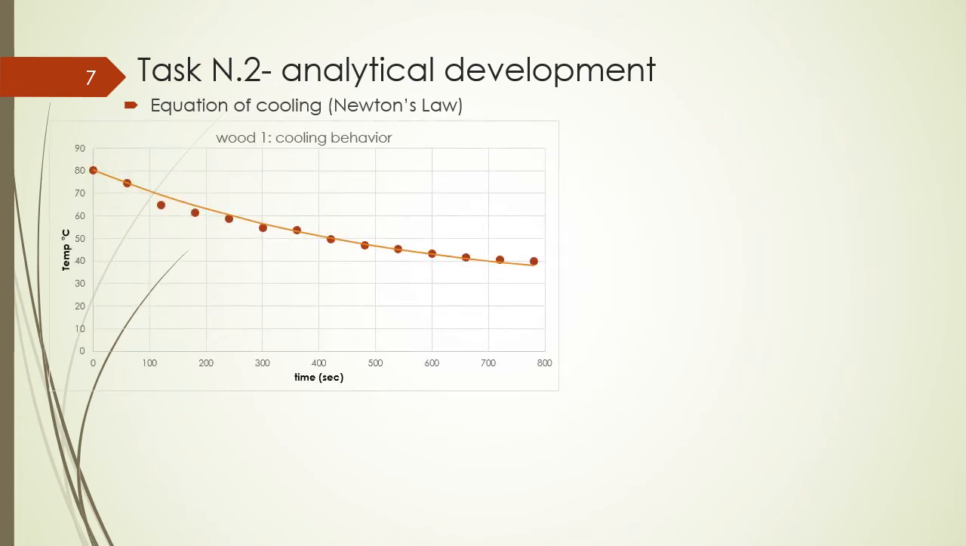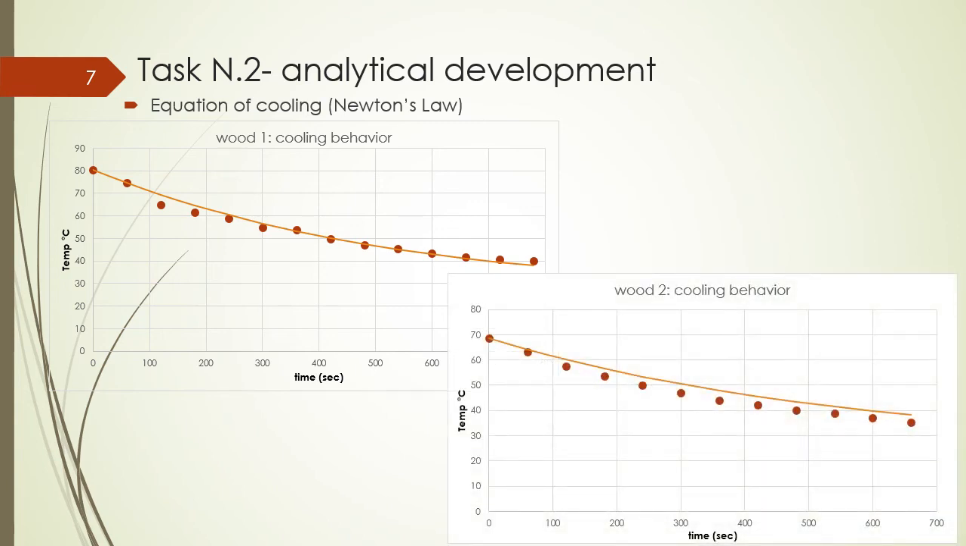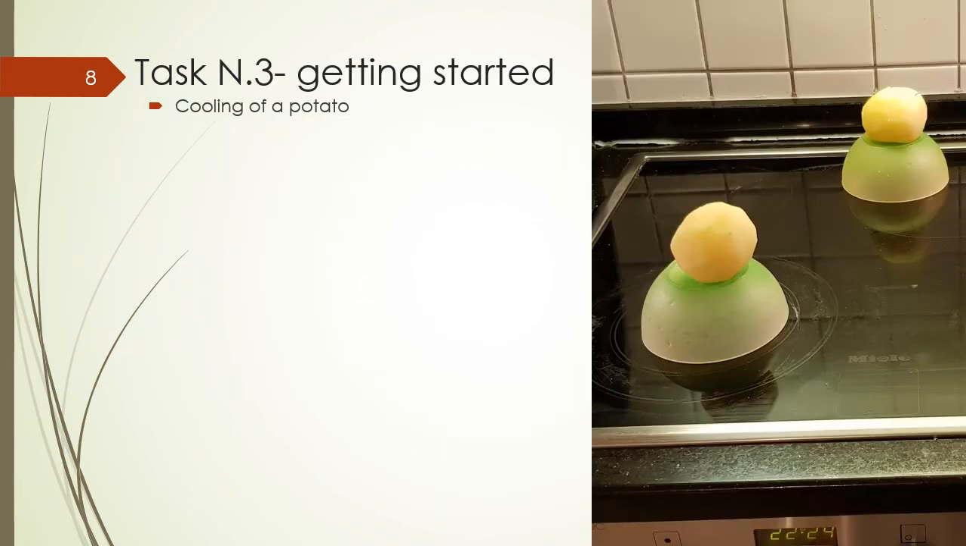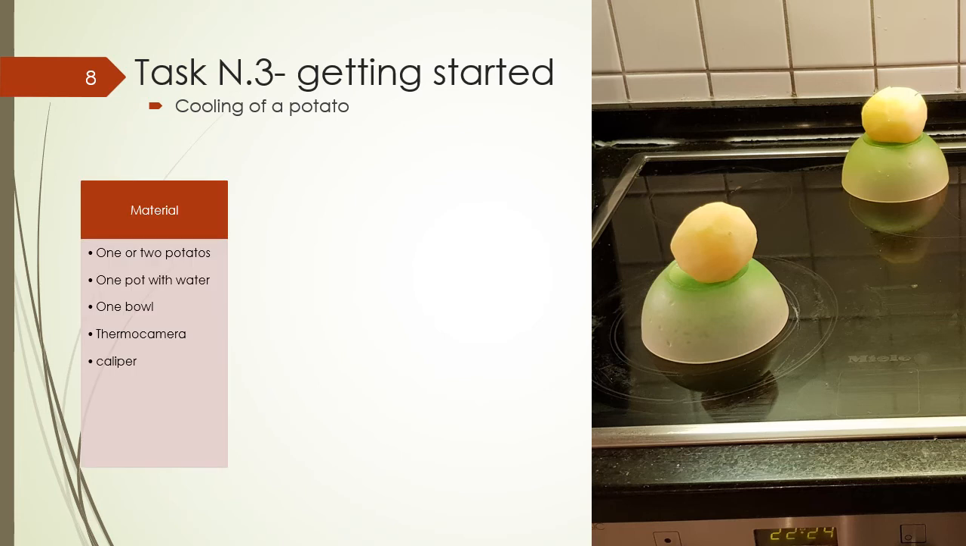And here finally we have the chart of the found formulas, and we can compare the functions with the experimental values, and hopefully they are matching quite well in both cases. Now we want to challenge our formula and try with a different material. We are cooling now a potato, so we need one or two potatoes. We use two for statistical reasons as before, and we need a pot with water, one bowl, thermocamera, caliper, and